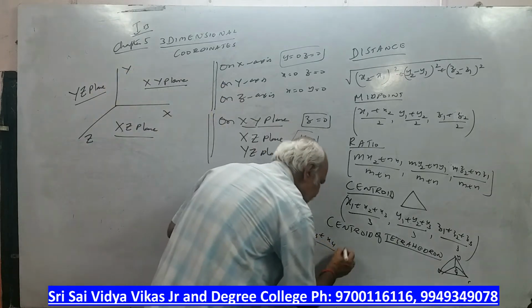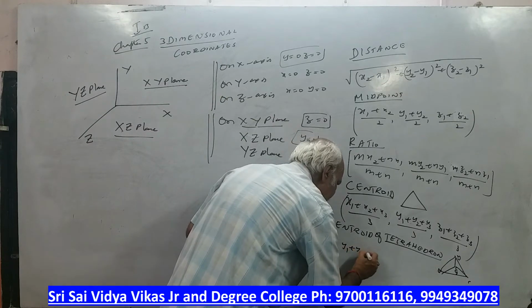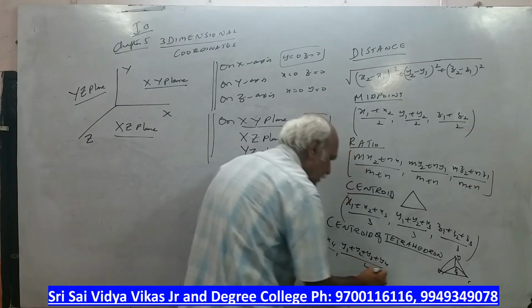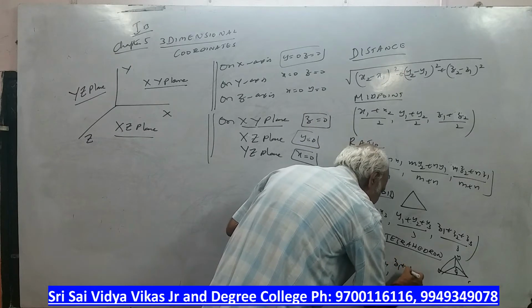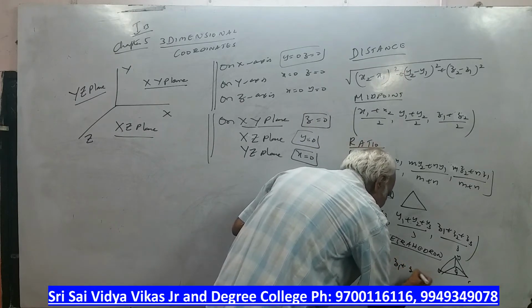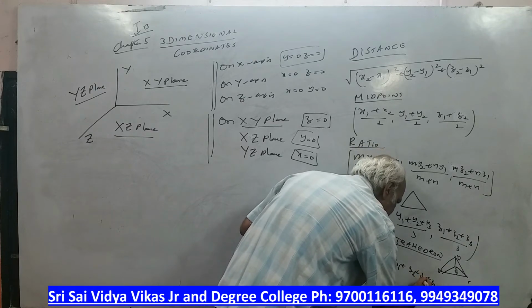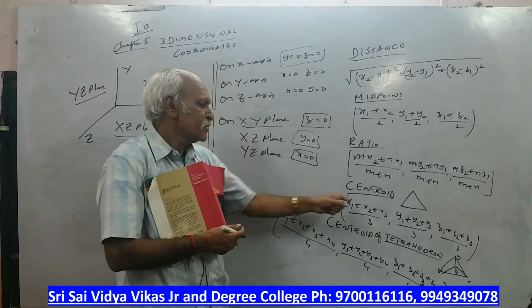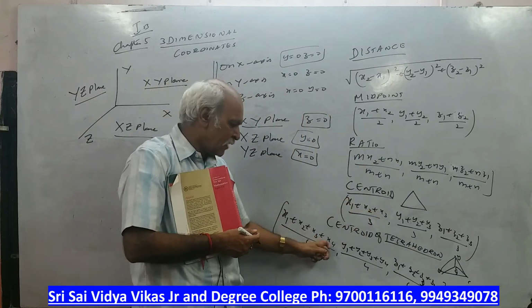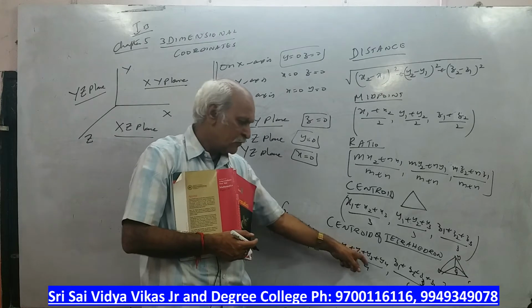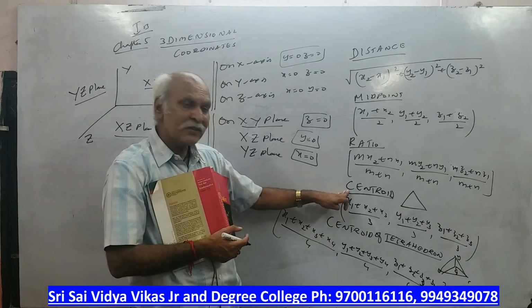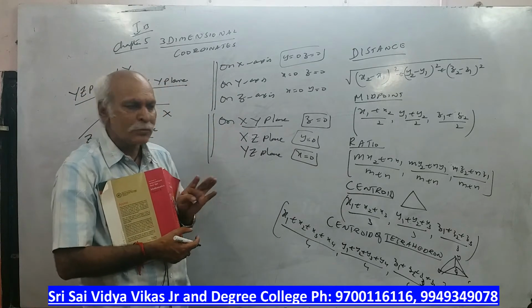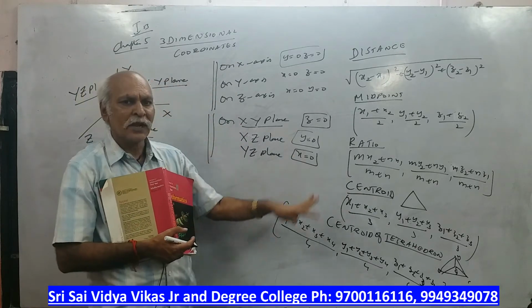Next one is what, sir? Similarly y1 plus y2 plus y3 plus y4 by 4. Last one is what, sir? z1 plus z2 plus z3 plus z4 by 4. Okay, instead of x1 plus x2 plus x3 we are going to have one more. What is that? x4. Here y4, z4, same formulas. But here we say centroid, here we say centroid of tetrahedron. This chapter has got only one problem, for 2 marks will come, sir. Again, whatever you know two dimensional, those formulas only.